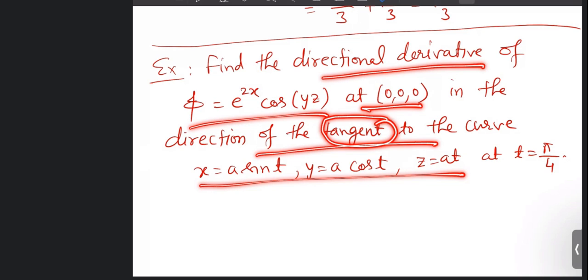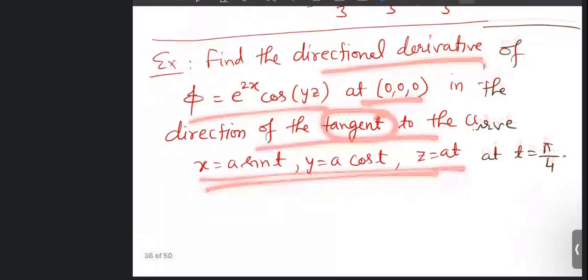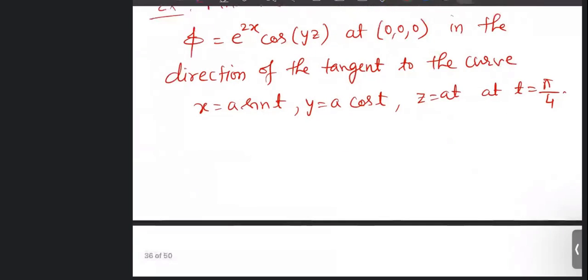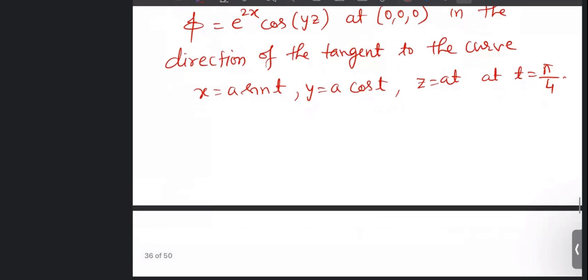First, we find the vector equation of the curve, that is r vector is equal to xi plus yj plus zk. Then tangent to the given curve will be dr upon dt. And if you understand in which direction directional derivative is determined, then you can do it easily. The solution will be,